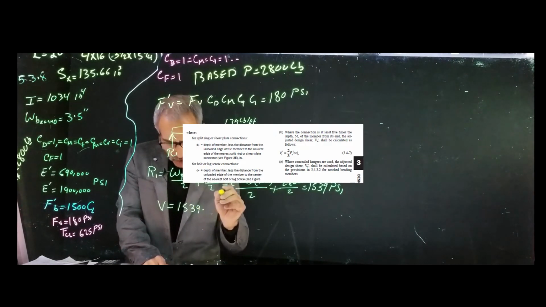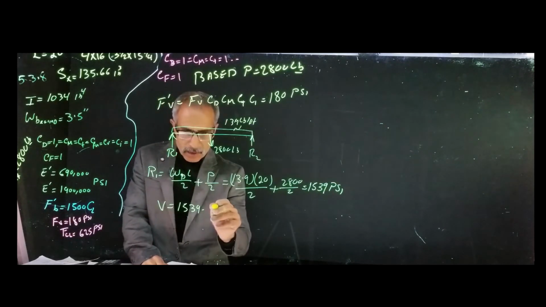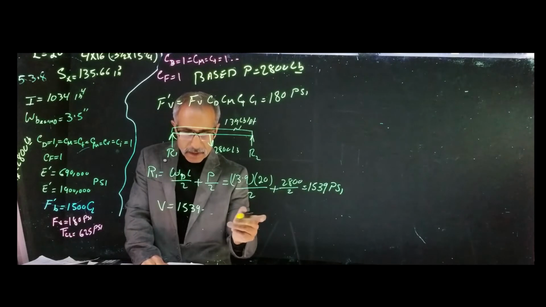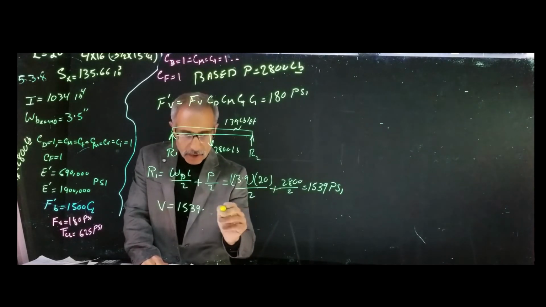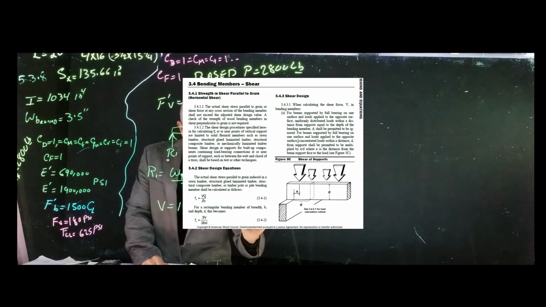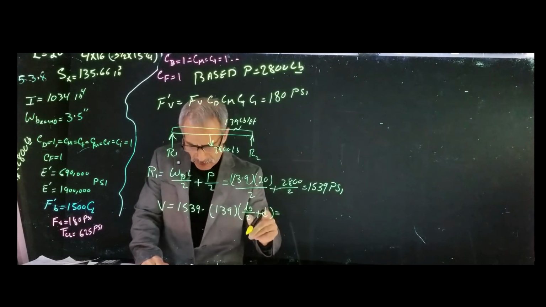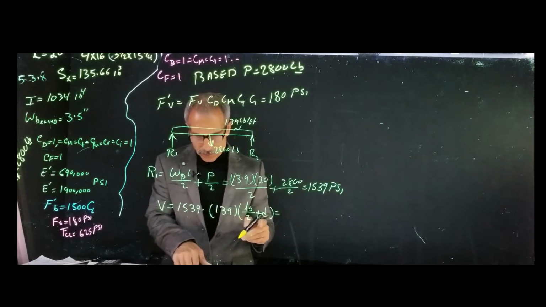1539. You have to take out the LB divided by D, because of the uniform load right here. So I got 13.9 times LB divided by 2 plus D. And that comes out to,